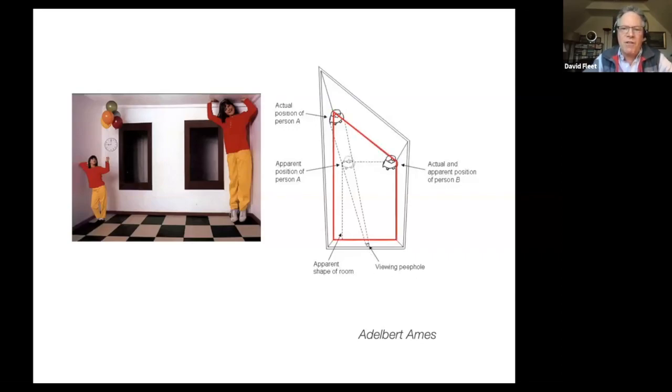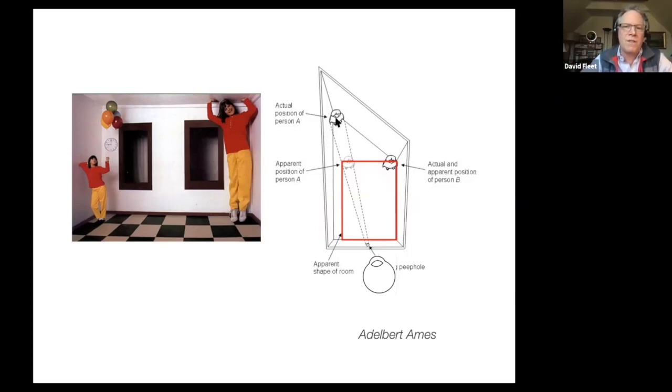So even though this is the shape of the room, you perceive it to be shaped like this. And that percept in and of itself means that you're perceiving the girl on the left to be much closer than she really is. And the only way to make sense of that is to assume that she's much smaller than she really is, because again, the size to which an object projects onto your retina